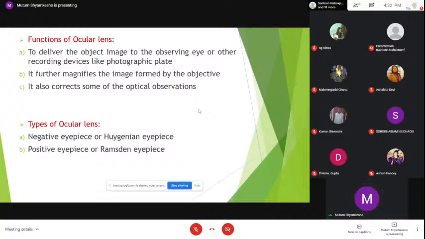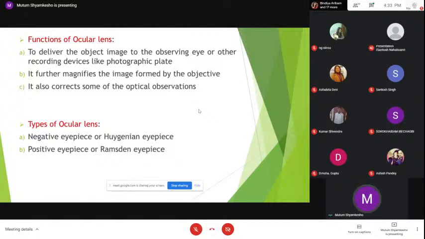If you find any ocular or eyepiece without any other engraving, only giving the magnifying power, then it is most probably a Huygens or negative eyepiece or ocular. Then the second type of eyepiece, that is the positive eyepiece or the Ramsden eyepiece, also uses